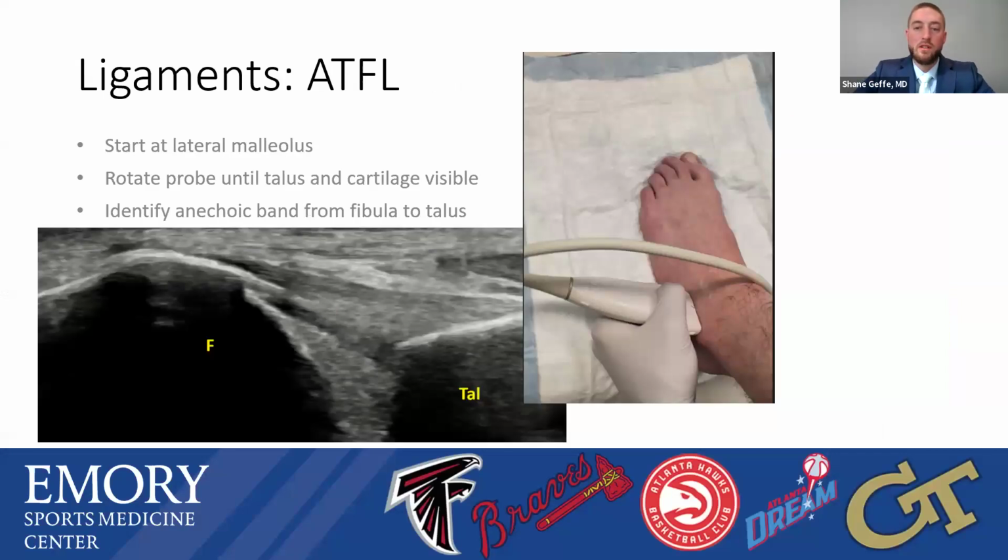For the ATFL, again, probably the most common thing I look at for most of my patients. This is easily seen when you find the lateral malleolus and you basically anchor the probe proximally and rotate the probe until you're able to pick up on the talus. Again, a helpful tip would be to look for that hyaline cartilage in the talus,